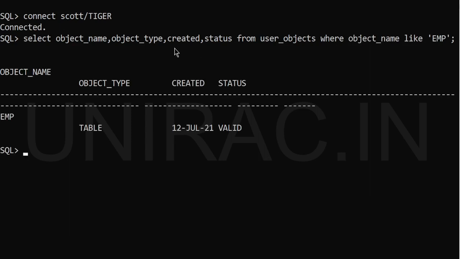So from USER_OBJECTS, we found the information of that particular Scott schema, the object EMP, when it was created, whether it's of type table or not, and the status.